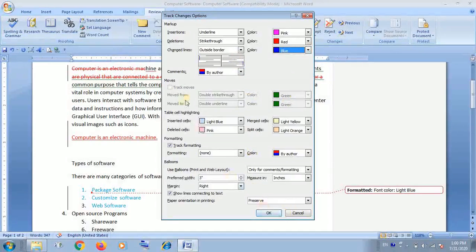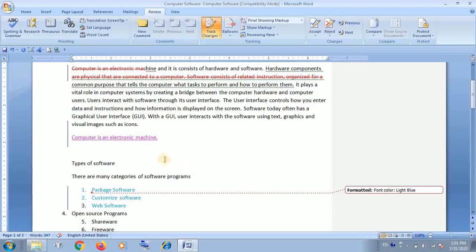This way you can protect. Here are other things also given for the table. Suppose you are working on the table, then you will also see the change here. Now you can see which color I have applied over there. Inserted text will be highlighted by pink color, and deleted